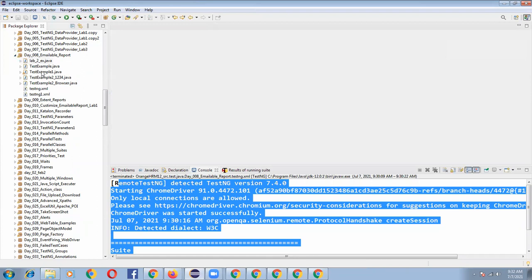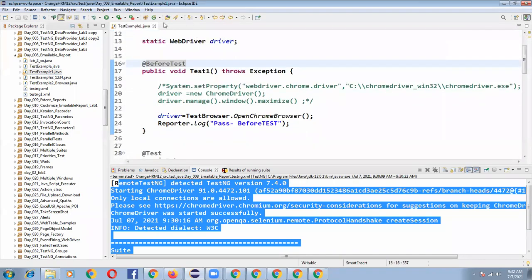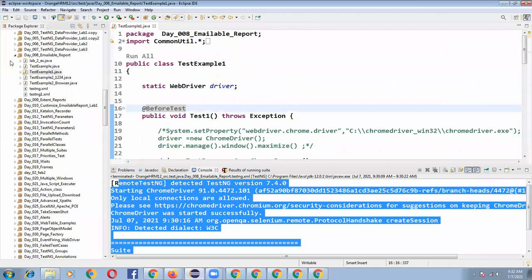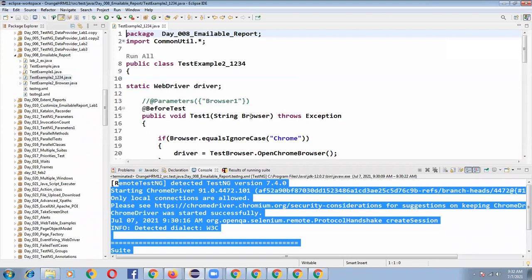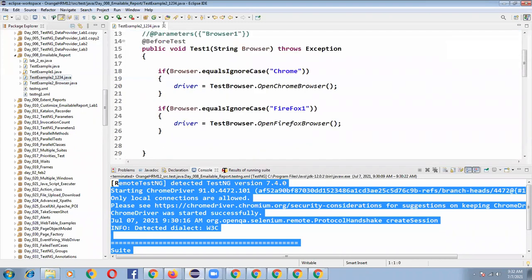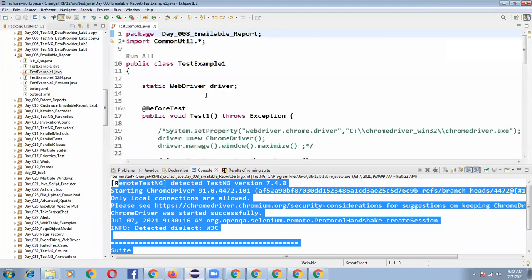Now let's go to the second program, TestExample1.java.